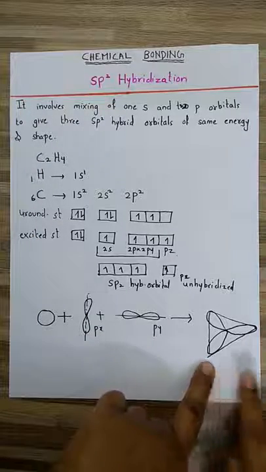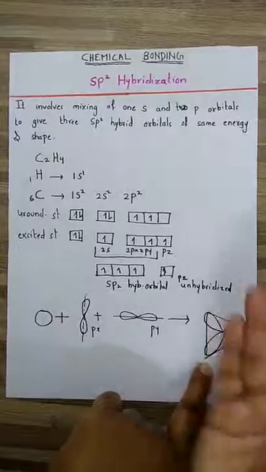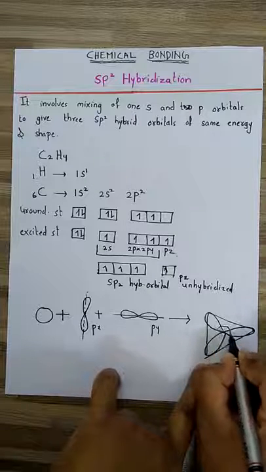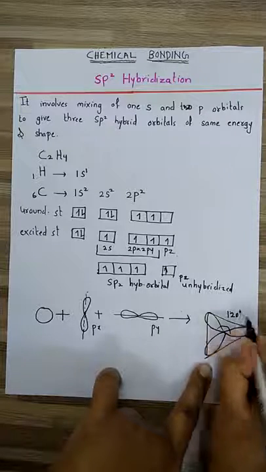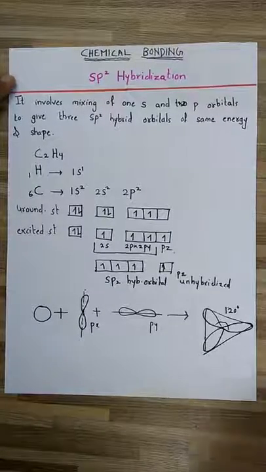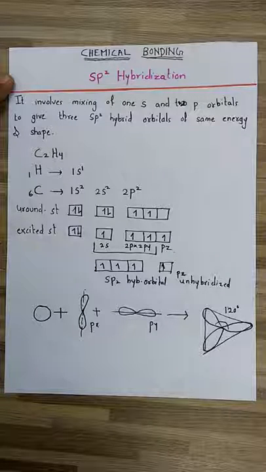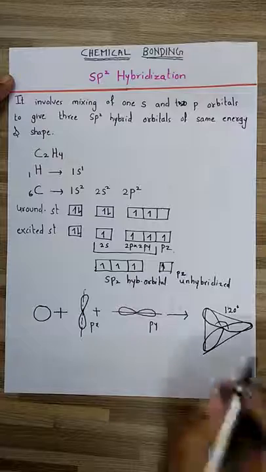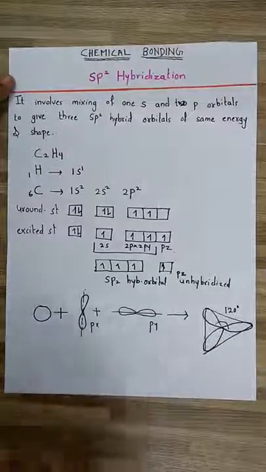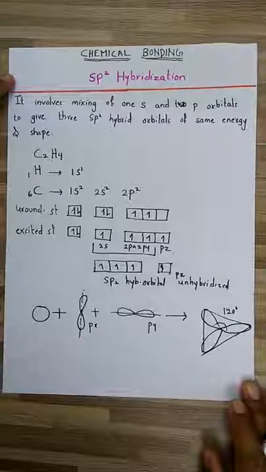The shape will be what? Trigonal planar. All these hybrid orbitals are on the same plane, and the bond angle between them is 120 degrees. So these three hybrid orbitals will be placed at a maximum distance in an equilateral triangle. एक triangle है, उसके अंदर एक ही plane पे वो triangle है, और ये जो हमारा orbital new form हुए हैं वो एक दूसरे को 120 डिग्री के एंगल पे अरेंज करते हैं.